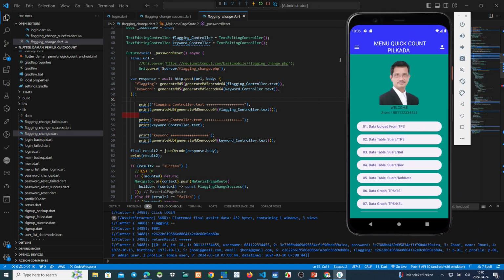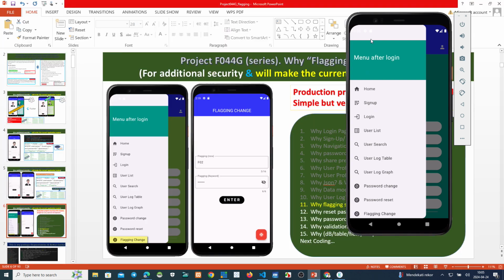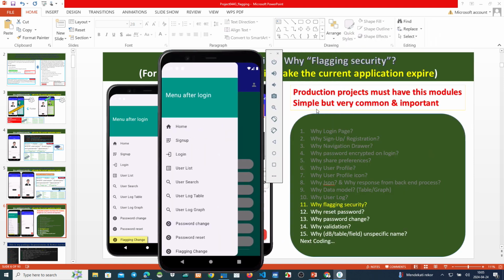This is an example for this menu because this is a module. We must have all of these modules, because a production project must have this, because this is very common and also very important to have this module.